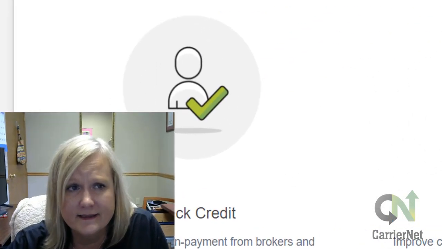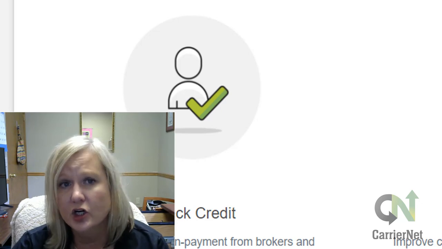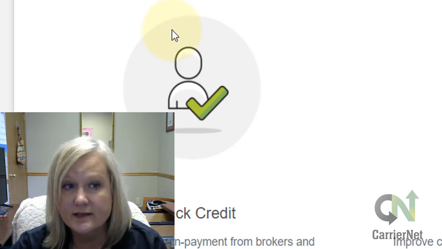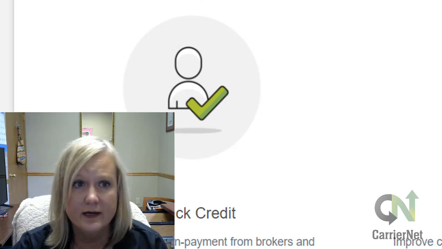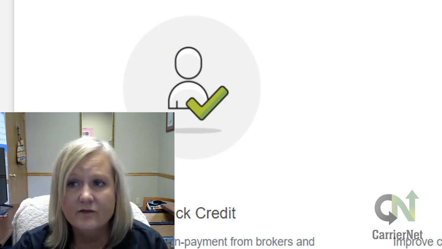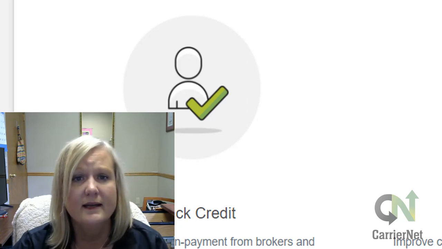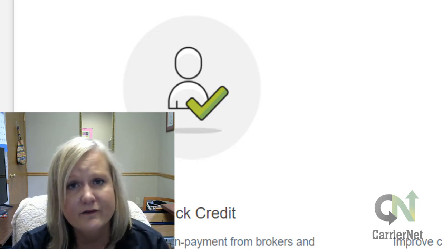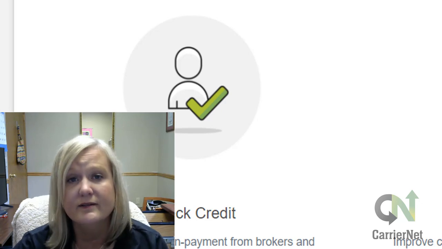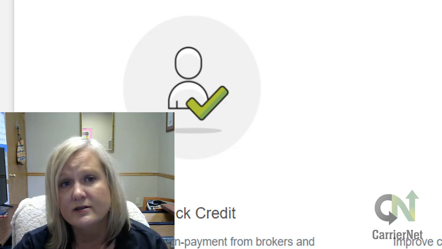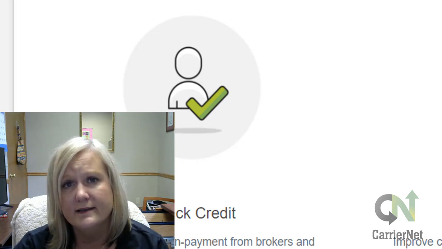And that's the basics of the dashboard. We encourage you to use it. It will make your life easier. Credit checks will help ensure that you get proper payment. The invoice funding will get you funded as fast as possible. And your document management, like I said, feel free to take advantage of that service. And TMS, if you would like more information on how the TMS can work for you, let us know at